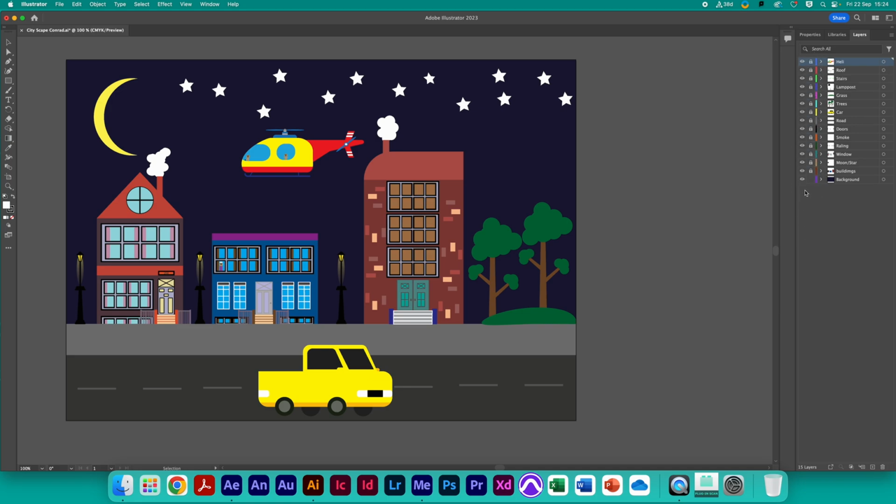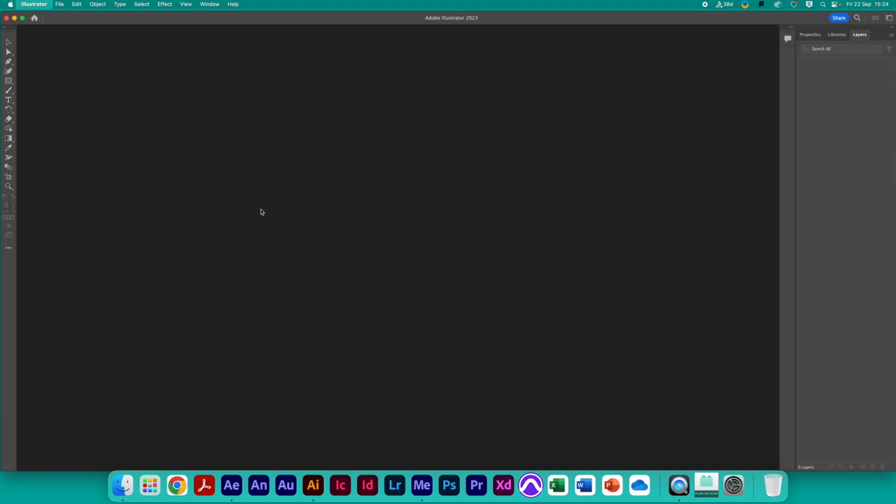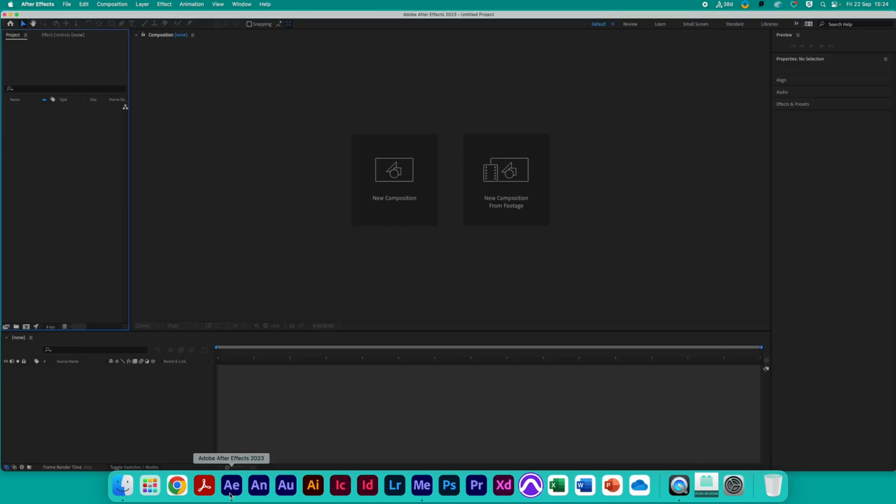Ideally you've got all your layers locked so that you don't run the risk of accidentally clicking on something, and it's a very nice way to organize your illustrations, and a very professional way of working, but it also helps you when you open it in Adobe After Effects. So I'm going to save that illustration, quit Illustrator, and remember where I've saved that file,